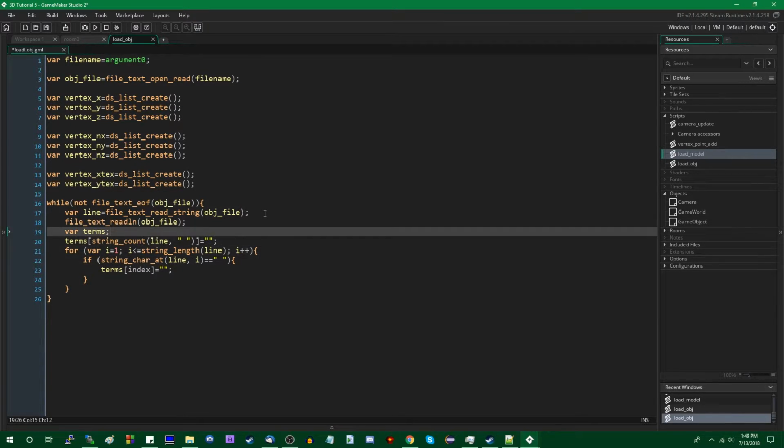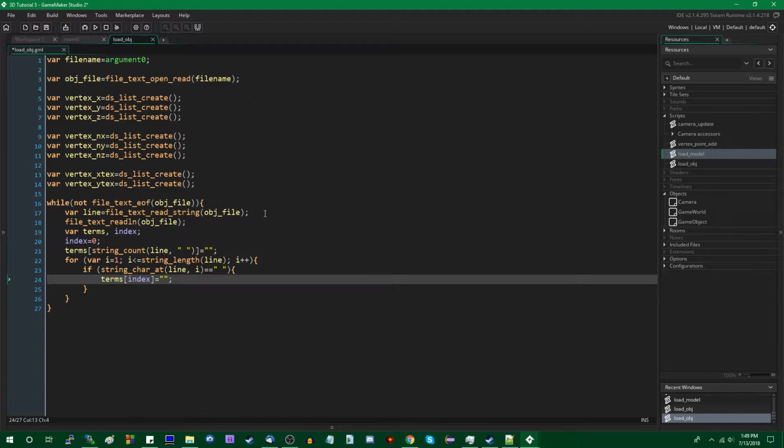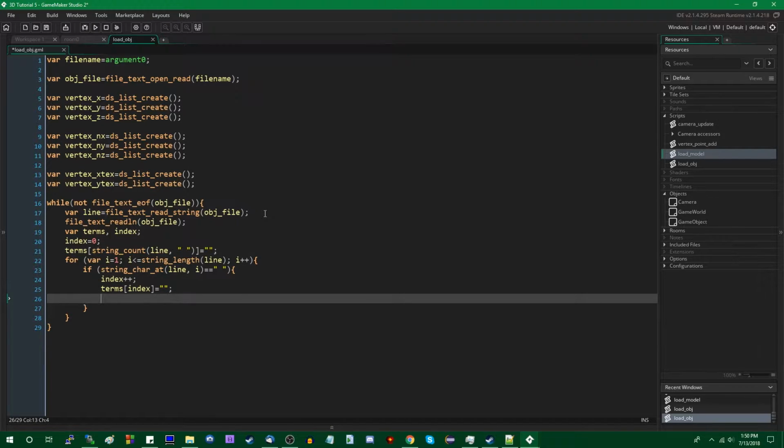Index is a variable that I forgot to initialize, that I should initialize, because it's simply going to track the index of the array that we are currently writing to. And here, before we initialize the index in the array to an empty string, we need to say index plus plus, or index plus equals 1, or index equals index plus 1, or whichever you prefer.